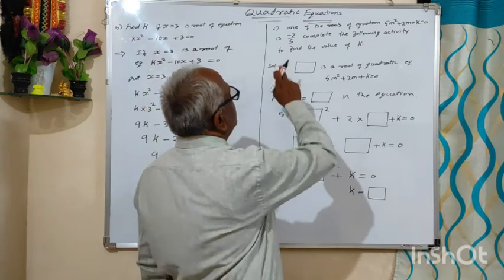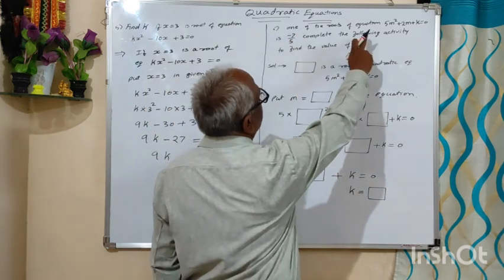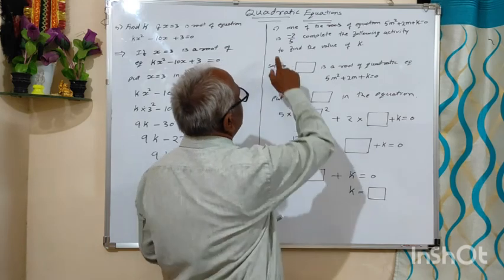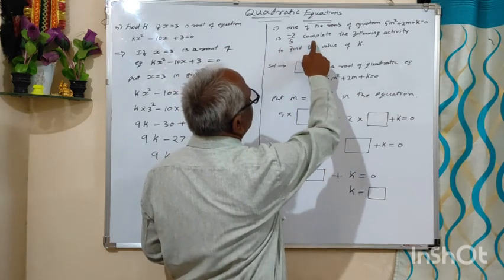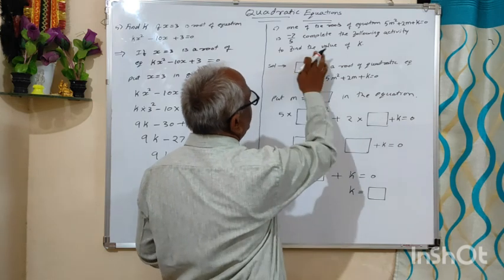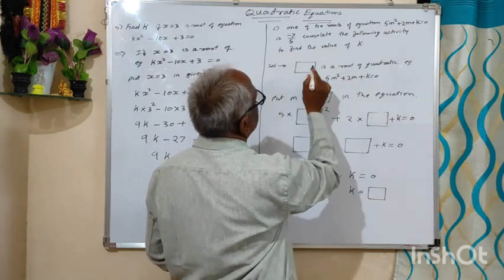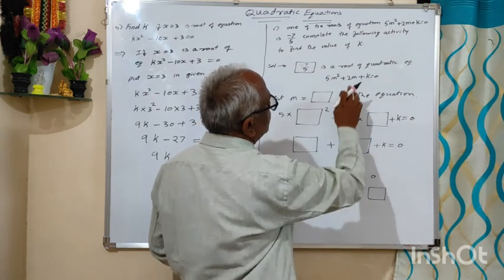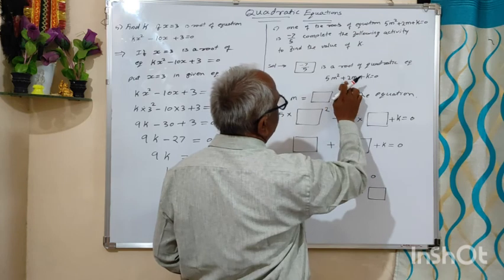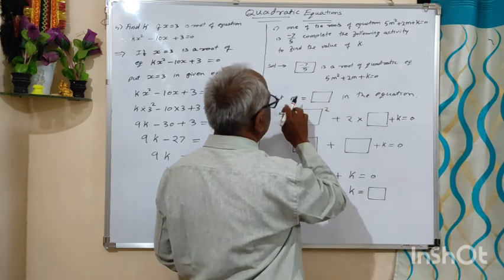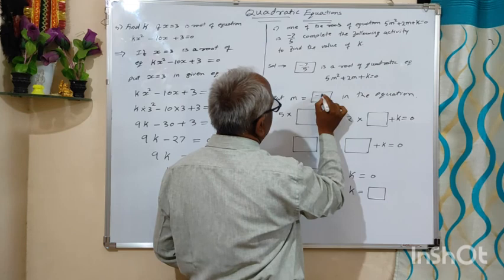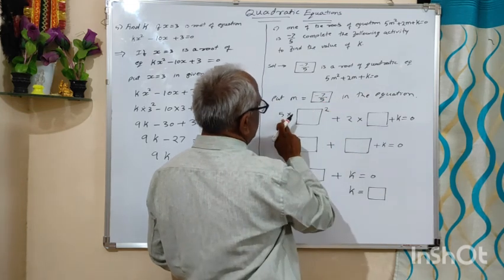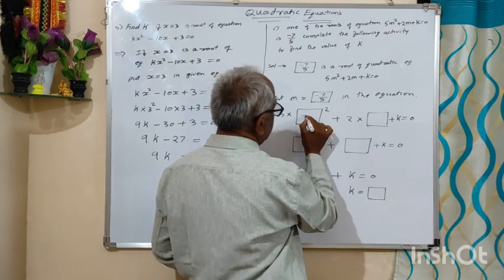Now one activity is there. Sixth example, one of the root of the equation 5m square plus 2m plus k is equal to 0 is minus 7 upon 5. Complete the following activity to find the value of k. Solution: minus 7 upon 5 is a root of the quadratic equation 5m square plus 2m plus k is equal to 0. So put m is equal to minus 7 upon 5 in the equation, that is 5 into minus 7